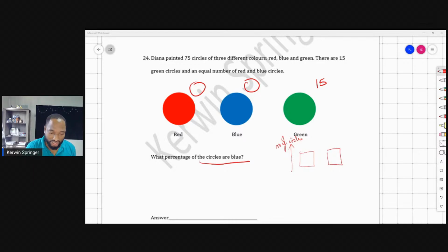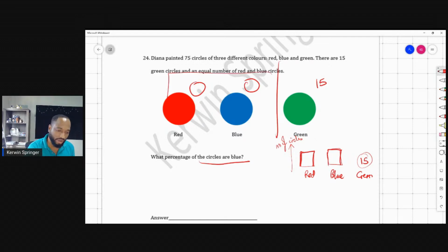So the number of circles red, you understand the column is like the height, and the number of circles blue are equal, and the number of circles green, well, we don't even need to draw a column. We could just write 15. We know this number. So in this case, we want to remove the excess, the one that we know about, because these are shared equally. This makes it unequal. So it's an unequal sharing going on here. So if we remove the greens,